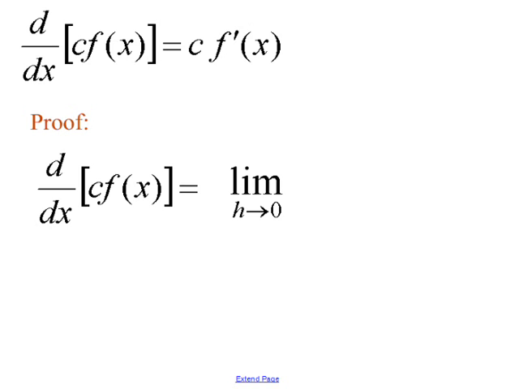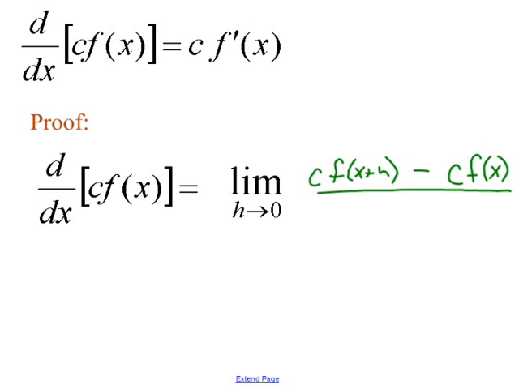Okay, so we know our definition is f of x plus h, so everywhere there's an x, I put an x plus h, minus f of x, which is, in this case, c times f of x, all over h. Now, if you look at the top, I can factor out a c because they both have a c in them. So I can do c times f of x plus h minus f of x